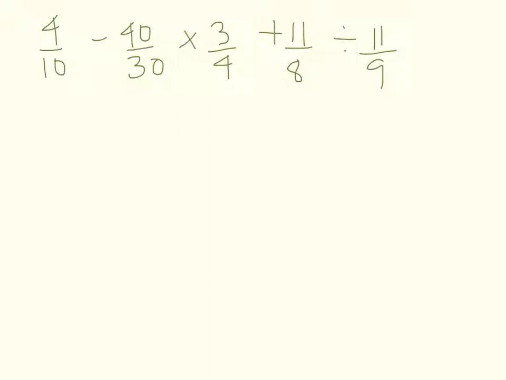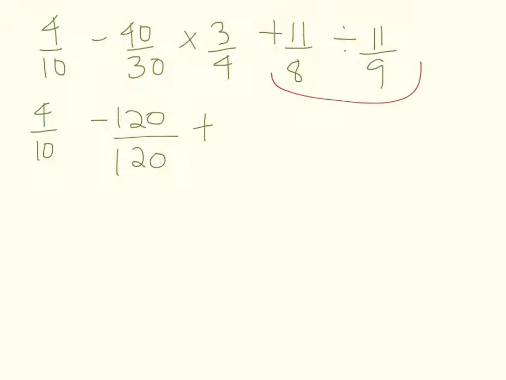Okay, so now I'm going to focus on getting this multiplication out of the way. So that 4/10 is still there. Negative 40 multiplied by positive 3 will give us a negative 120. 30 multiplied by 4 gives us actually a positive 120. So that fraction is going to work out really nicely for us. And in this step, again, I'm going to flip, because this is still a division here, I'm going to flip this second fraction so that we're actually going to multiply. So this will actually become plus 11/8 multiplied by